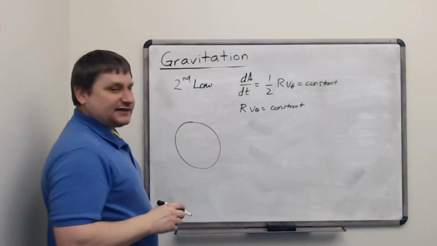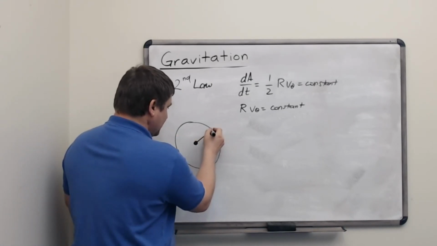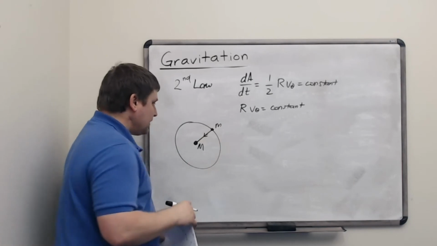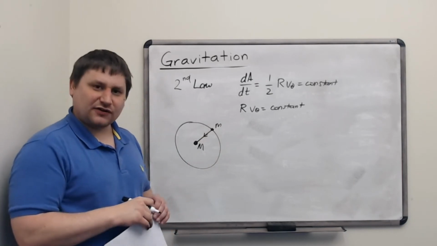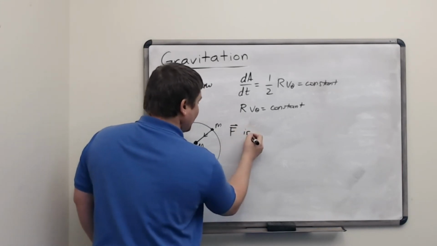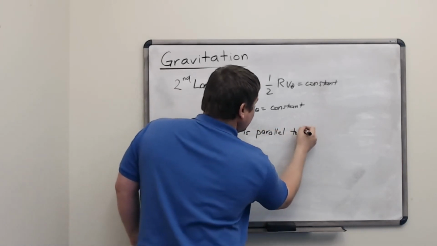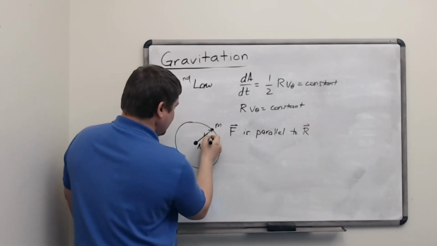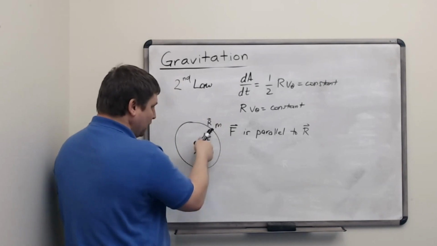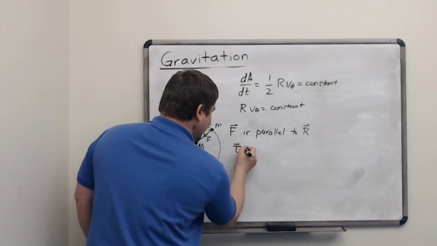Let's try to approach this same idea with Newton's second law and Newton's law of gravitation. In fact, for this proof, it won't even matter how large the force of gravity is between the objects. It will only matter that the force of gravitation is parallel to the displacement vector between the objects. The displacement vector points from one object to the other, and the force also points from one object to the other, so they're parallel. So that means that when we go to calculate a torque,